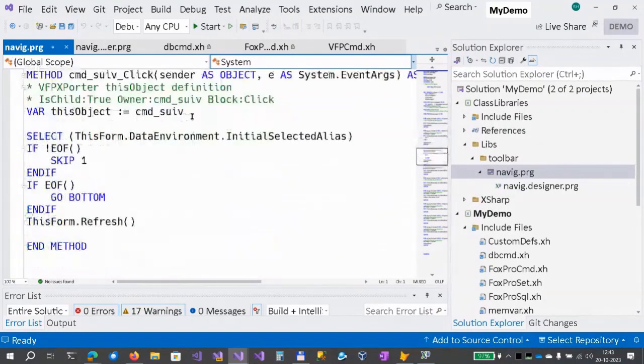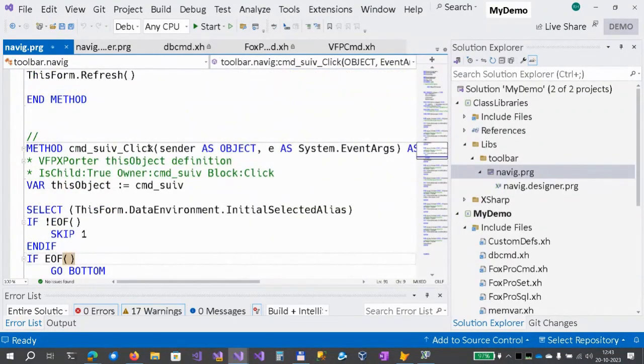For example, we had the command suivre, I think that's next, and its click event gets converted to a click event. Now, there was one challenge here: FoxPro handles events a bit differently than Windows Forms does. Our decision has been to convert FoxPro forms to Windows Forms, because that's the most common UI library in Windows, and its appearance looks most like what you see in FoxPro.